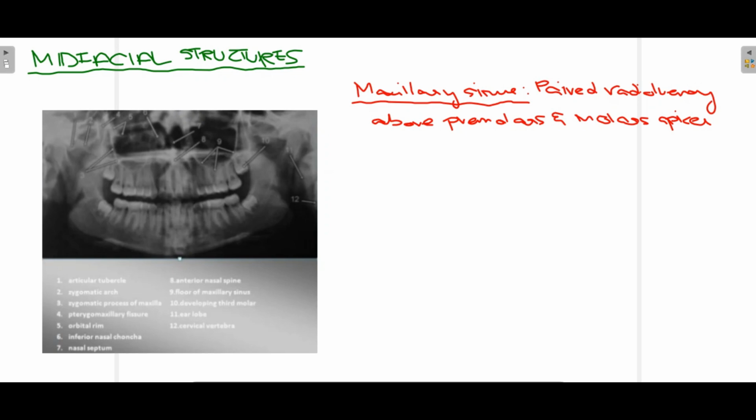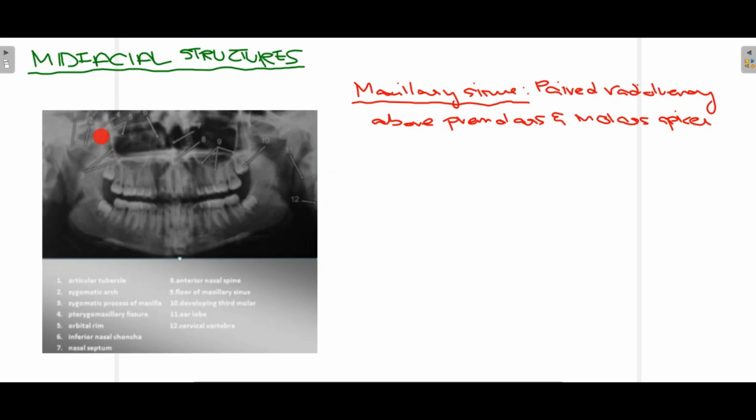Now focusing on the mid-facial structures that you can appreciate when you are looking at an OPG, although it's not very clear, sometimes they are visible. So we'll talk about the mid-facial structures that are visible in an OPG. Starting off with this structure, this is your articular tubercle. Then this horizontal ridge-like structure that is running, that is your zygomatic arch. And this structure that is moving towards your zygomatic bone is the zygomatic process of your maxilla.